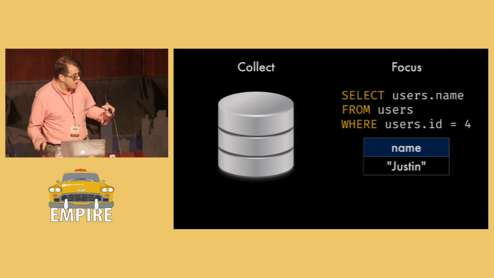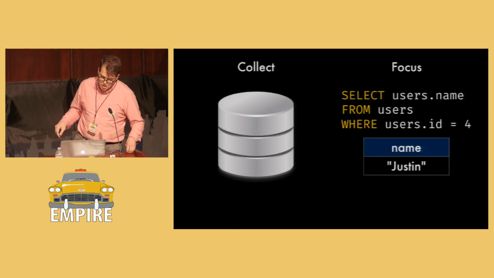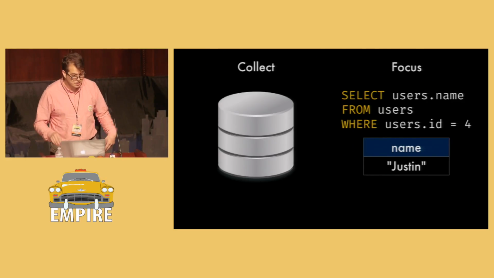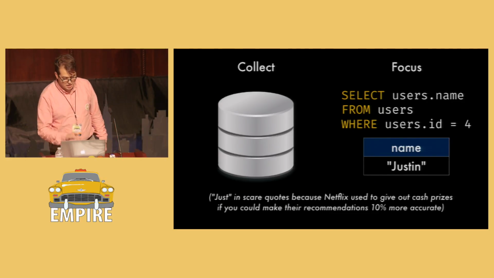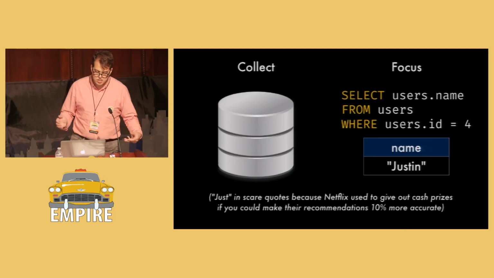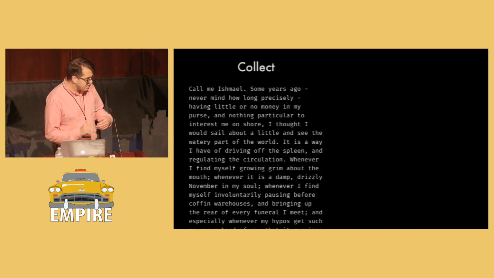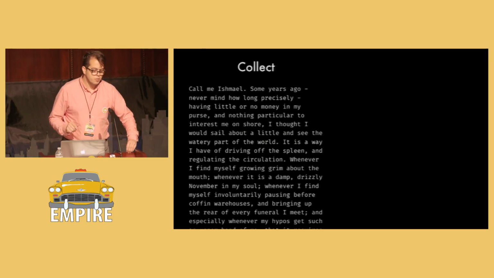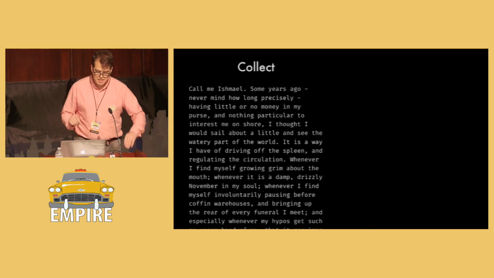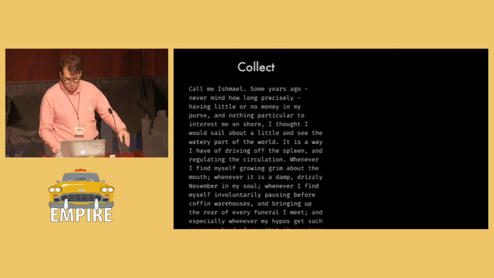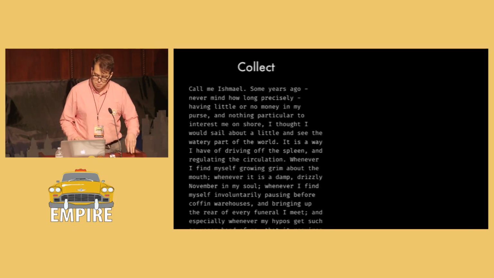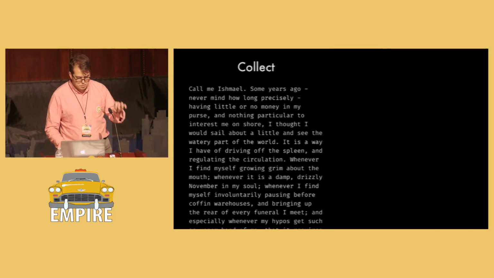Now, this describes a lot of things that we do with computers, right? I mean, a recommendation system is really just a sophisticated database, right? We query a database to focus on the information that we care about. But I think it's broader than that. I think there's a lot of things that we do in computation that are in that mold, like regular expressions, for example. Regular expressions let you take a block of text and then find just the substrings that